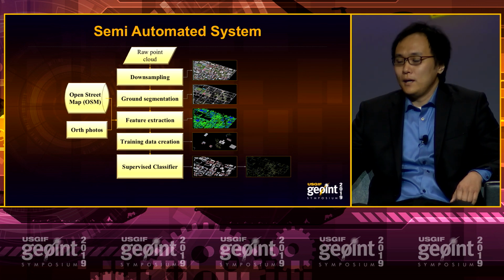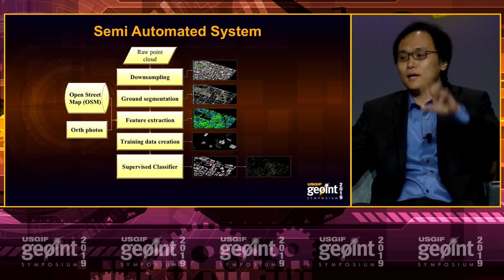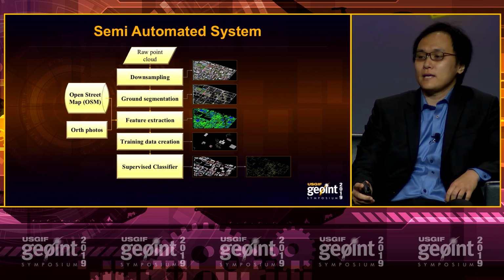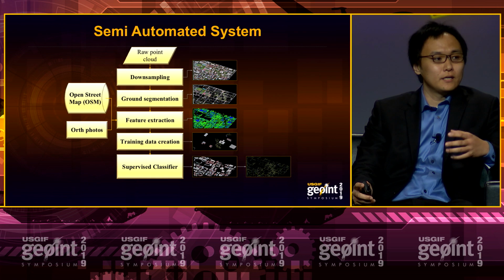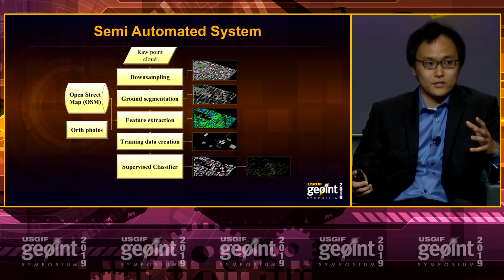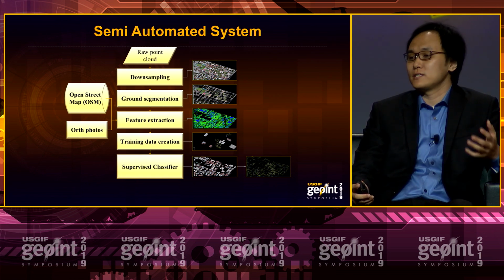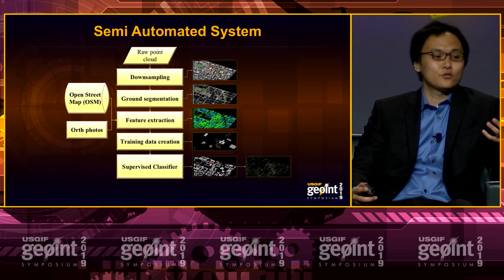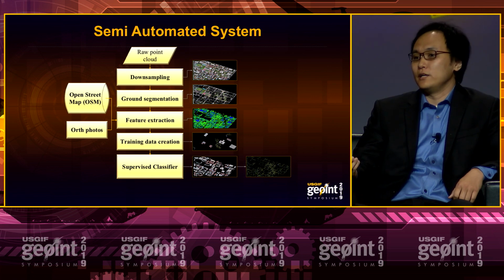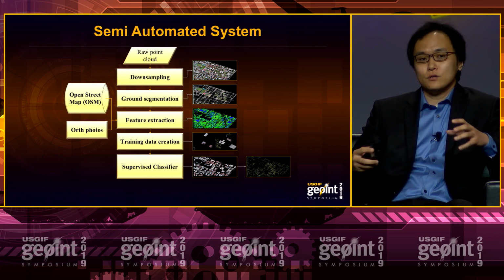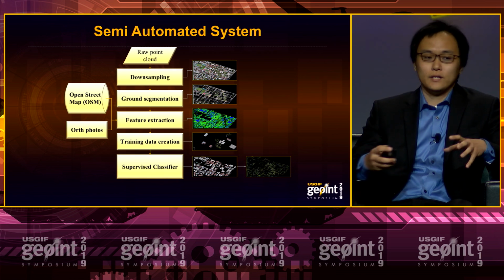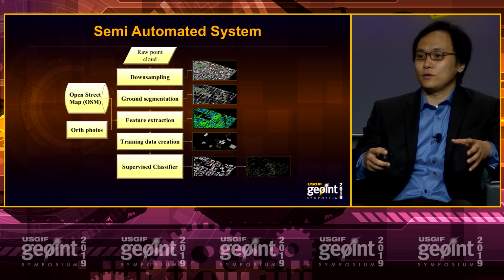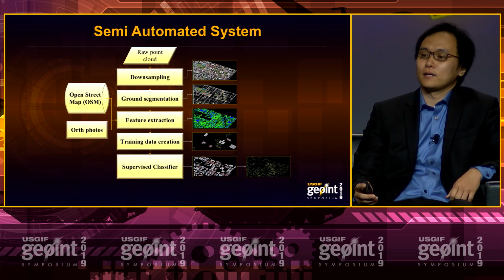So I will talk more about the top-level terrain element segmentation. This is our previously designed semi-automated system. The idea here is to design a bunch of handcrafted features like planarity, curvature, sphericity. We also propose 2 different features in there, including the OpenStreetMap information and the texture information from the ortho photo. With those descriptors, we can train a classifier based on a manually labeled point cloud, then use this classifier to classify the rest of the points in the point cloud.